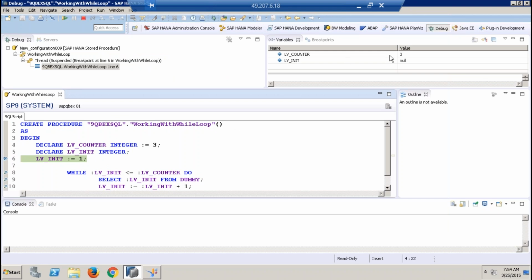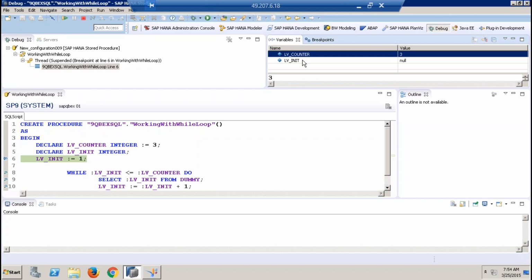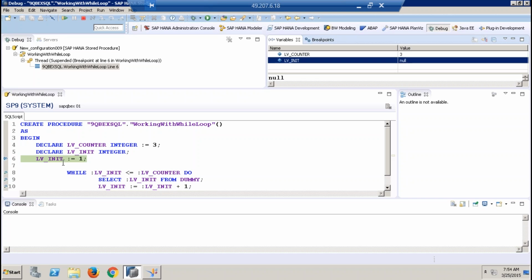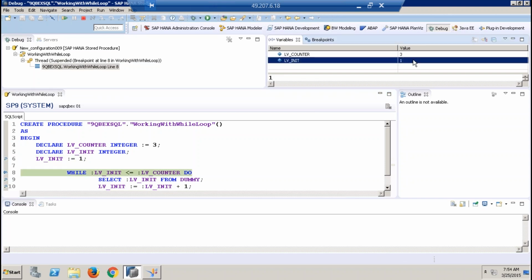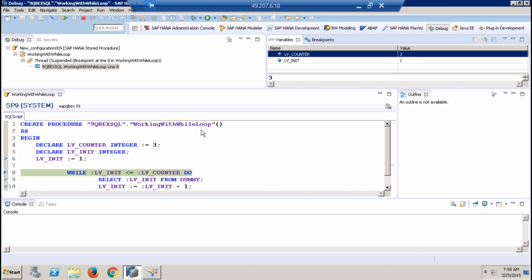So the LV counter value is 3, but LV init has been declared, but this statement is not yet executed, so it's still null. So after this statement, LV init will be initialized with 1. Then if you see, LV init less than or equal to counter. LV init is 1. Yes, 1 is less than or equal to 3, the condition is satisfied, so it gets in, prints that value,